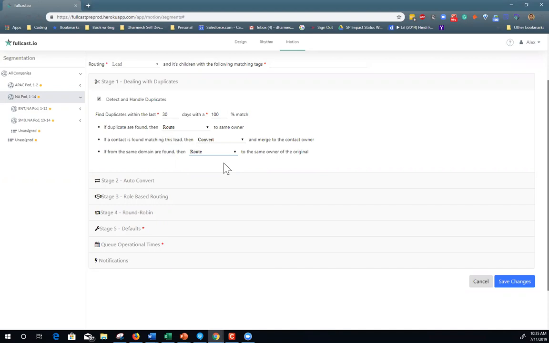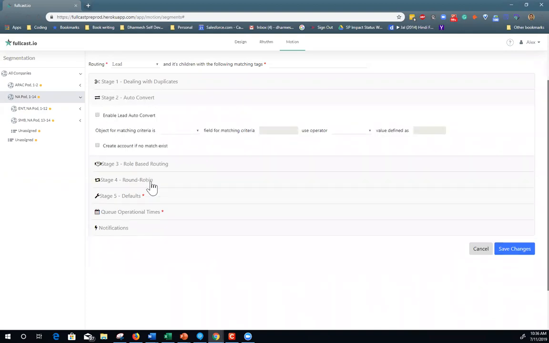Anytime anything changes, all you're doing is just updating the rule itself. You don't have to spend a whole lot of time rewriting the rule. You just update the rule through configuration settings, right? So we've decided, we think these are some of the policy elements around how we handle duplicates. Do we have a policy for auto converting?